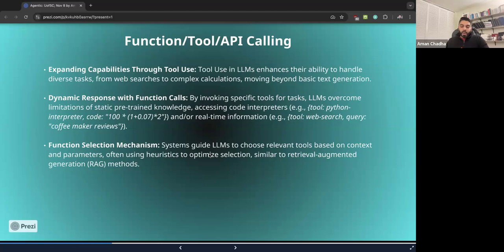And in fact, what we do here is pre-train these models on data that tells them how to map a particular input query to a particular function call. And like I mentioned earlier, there's a whole lot of different pre-training datasets available: Gorilla OpenFunctions from Berkeley, Hermes function calling from Nous Research, a lot of different options. Salesforce has xLAM as well.